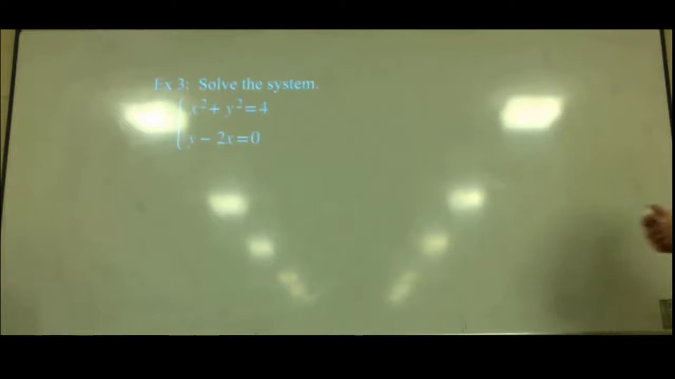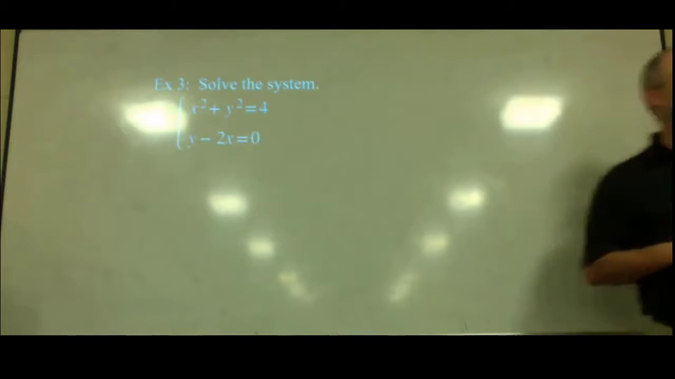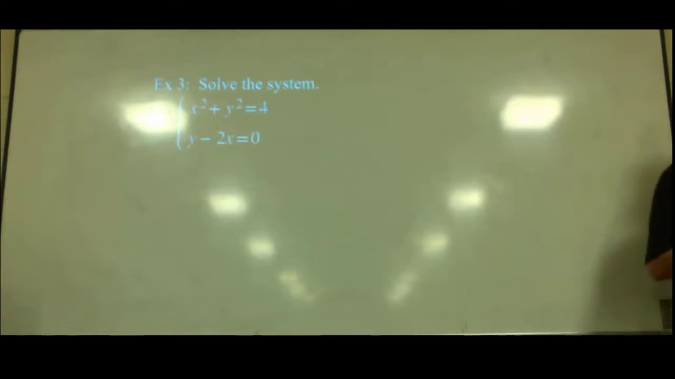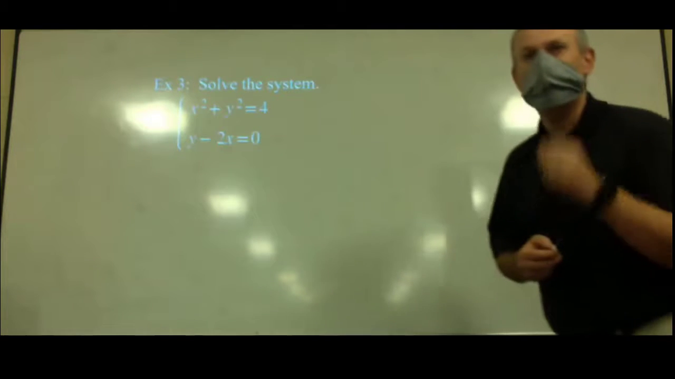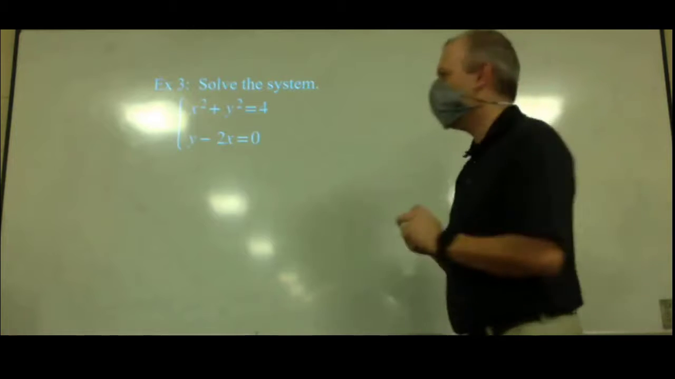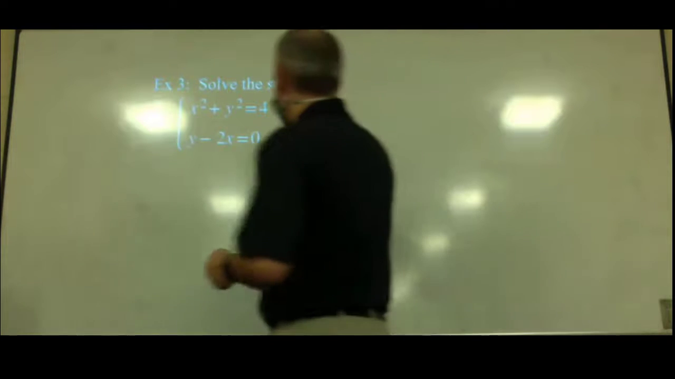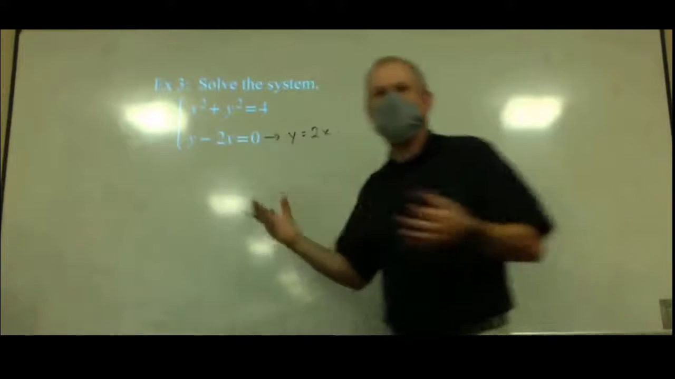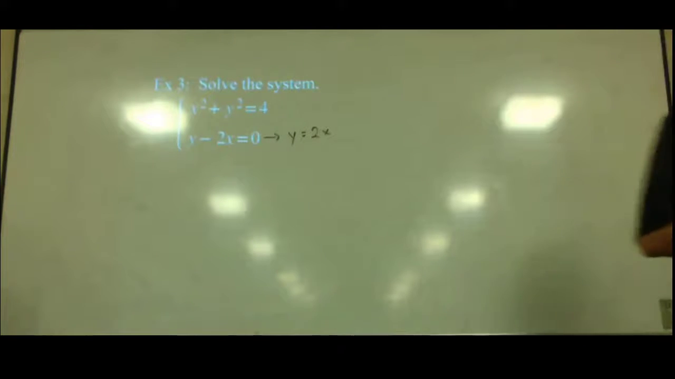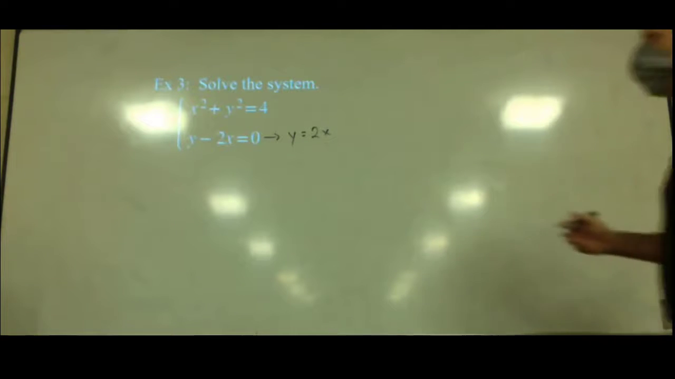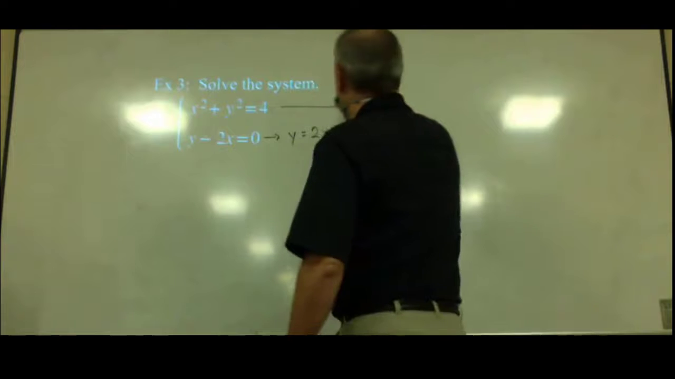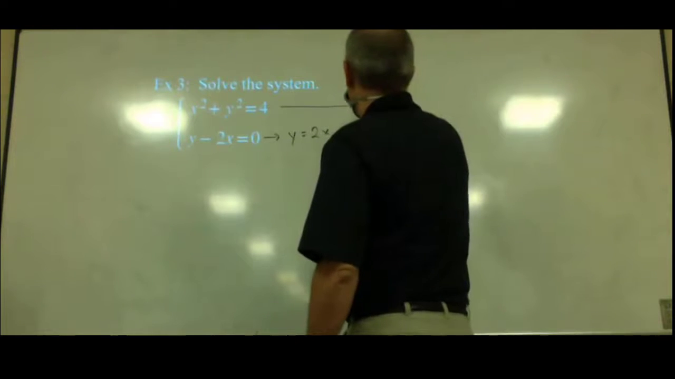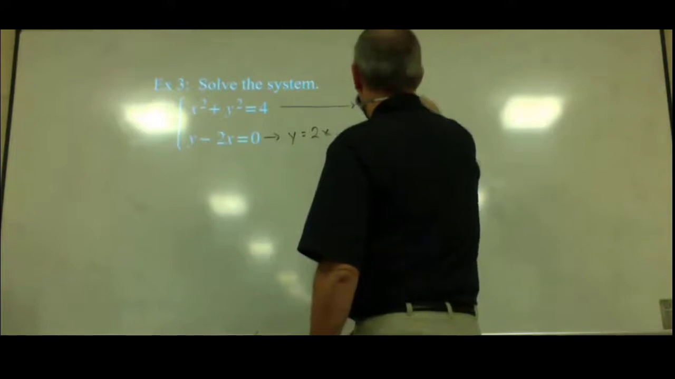So if we're going to substitute, what variable do you think would be the easiest one to get by itself? The bottom one, and which variable? The y. And how do we do that? Add 2x. So we get y equals 2x, and we're already done with that part, right? We have isolated the y. We have solved for y. What are we going to do with that? Well, in the other equation, we are going to replace the y with